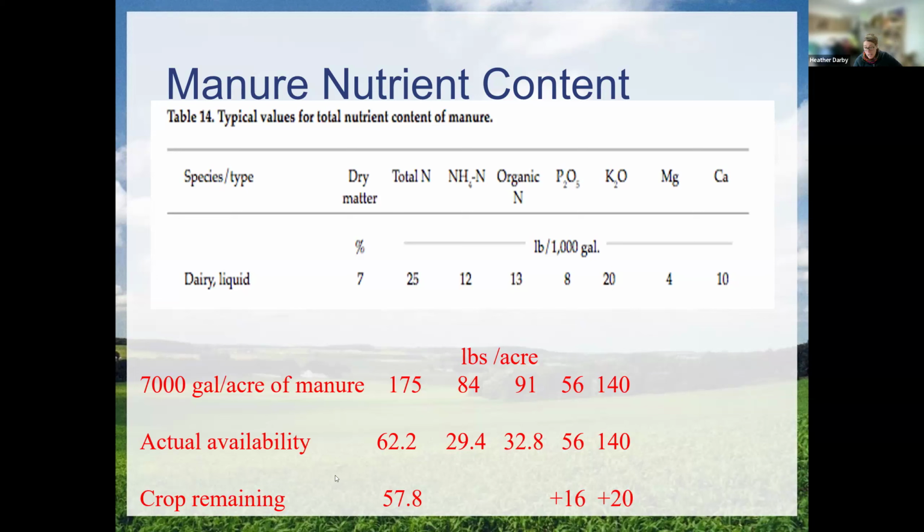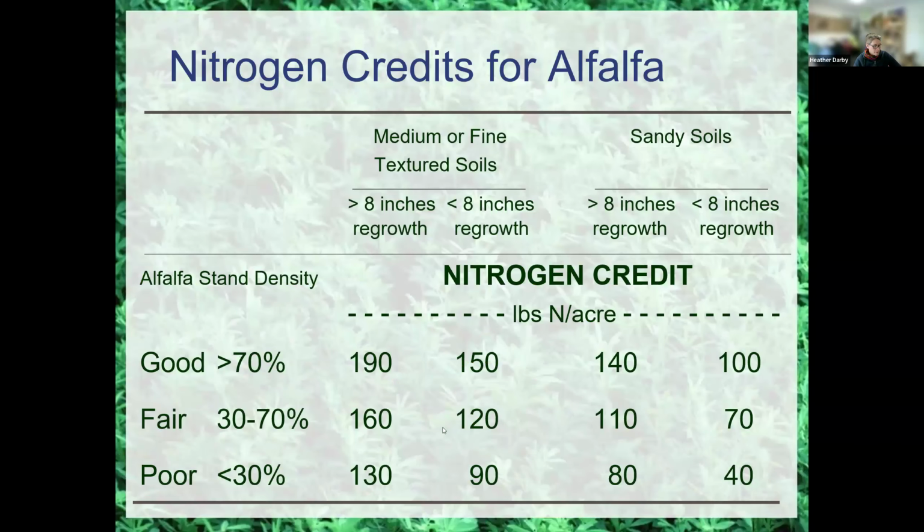This is another 120 pounds of urea or synthetic fertilizer that should go on the field, or some kind of fertility, to meet the needs of the crop. So that's what we're going to be figuring out here in the coming weeks. Just to touch quickly on nitrogen credits from alfalfa or clover or white clover, it can produce a lot of